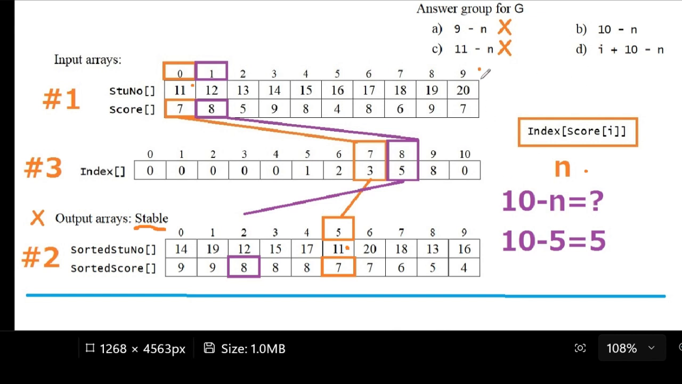If we choose, for example, 11 minus n, or 11 minus 3, it gives us 8 and is not 5, it's wrong. 10 minus n, 10 minus 3 gives us 7, so it's wrong. And if we have the i here, for example, we're starting at 0, 0 plus 10 minus n is also incorrect. If we look at the other